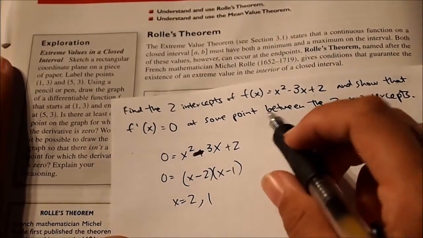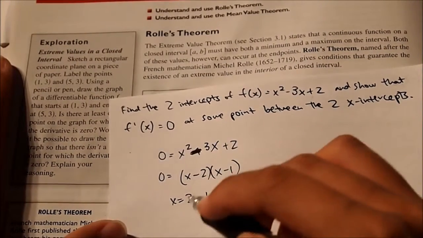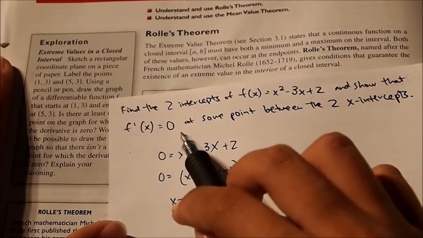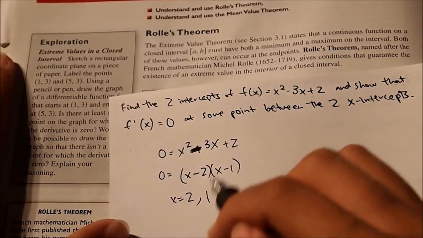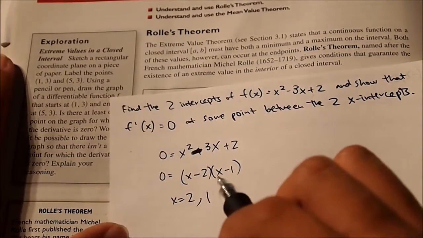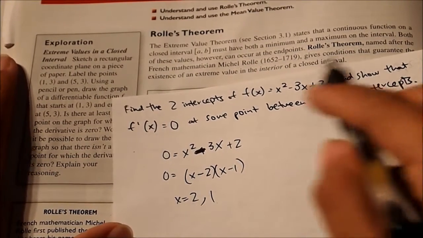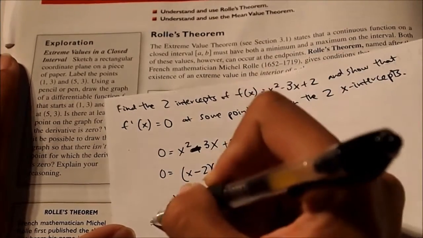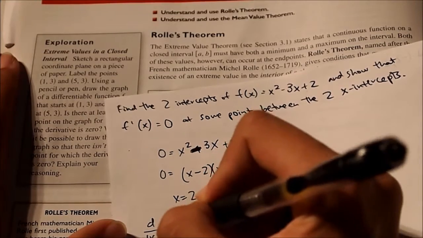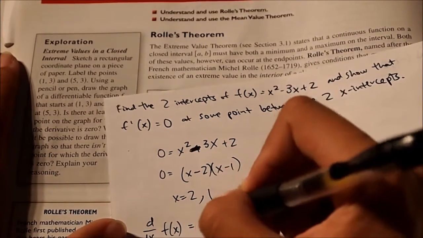And then you need to show that the derivative is equal to 0 at some point between these two values. So remember, it cannot include these two values. So then we need to take the derivative of this equation. So the derivative of f of x is equal to the derivative